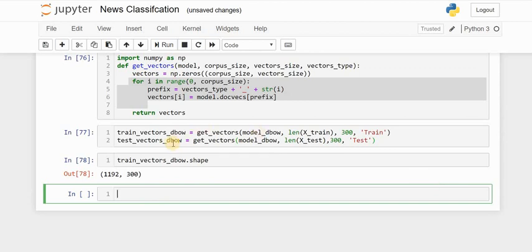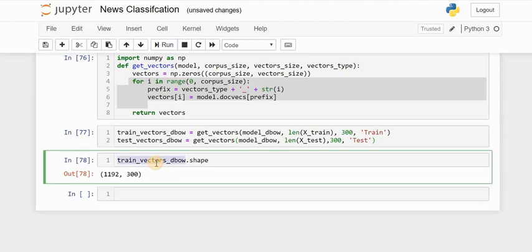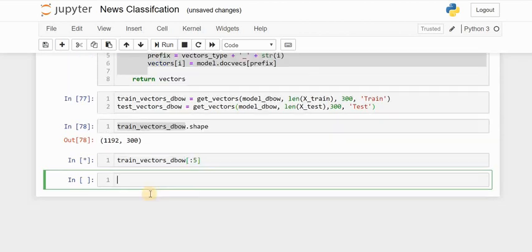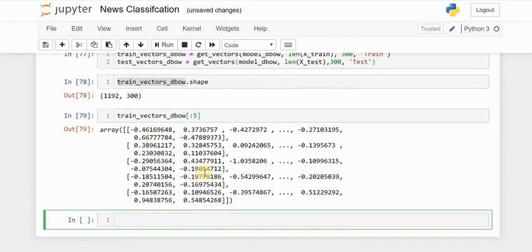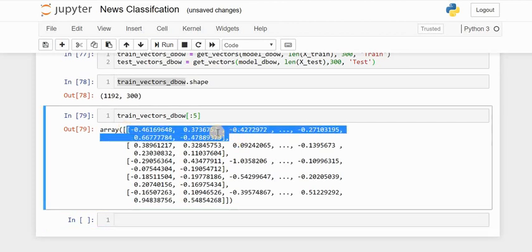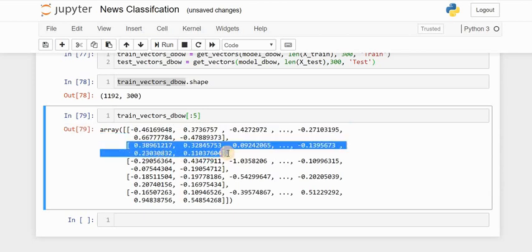Now let's print some, let's say, initial values of it. The first five values. The first five values will be this one. Yeah. So the first news article will be represented by this vector. This vector length is 300. The second news article, this one, is now represented with this vectorial representation, or this array consisting of numbers, and the dimensionality is 300. So in this way we are generating the new vectorial representation of news articles.